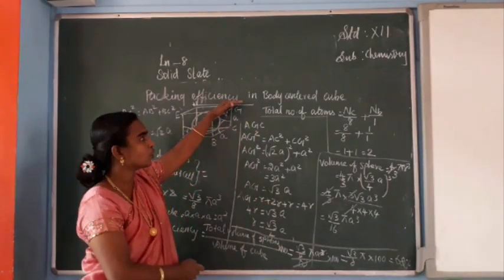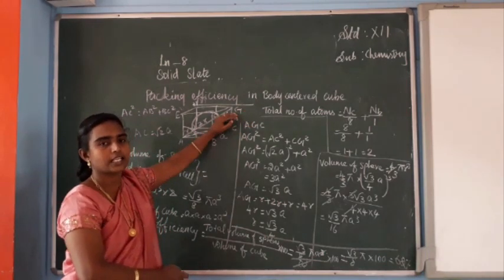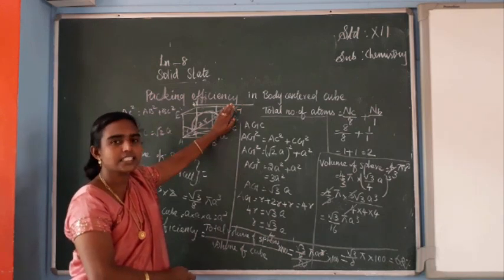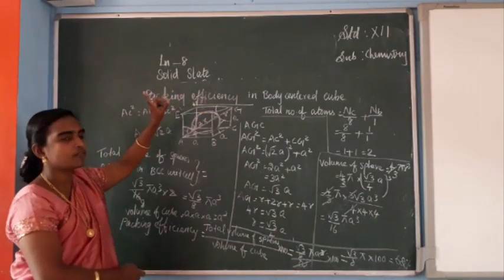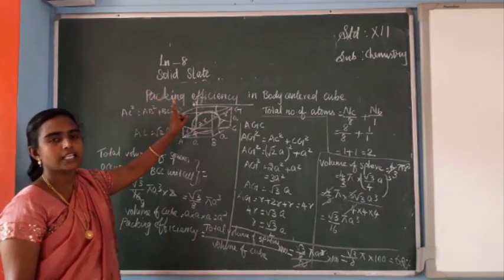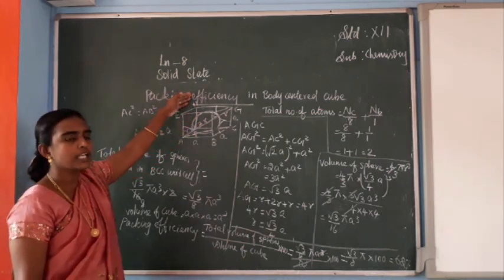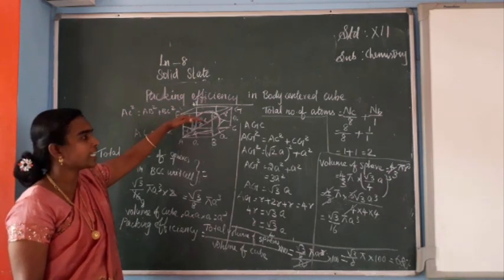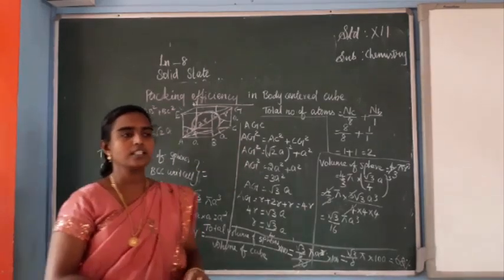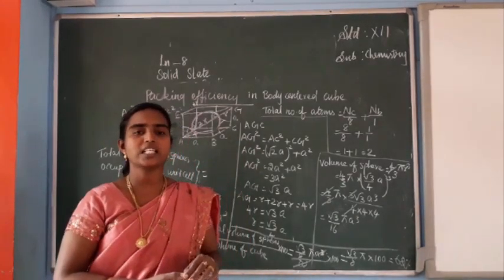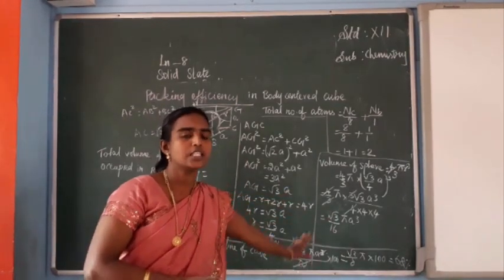So these two, simple cubic and body-centered cubic. In the next class we can see the face-centered cubic arrangement. So in today's class I have discussed linear arranged packing and crystals, isn't it? We have seen one-dimensional arrangement, two-dimensional arrangement, three-dimensional arrangement. In three-dimensional arrangement we have seen simple cubic and body-centered cubic. So how we can calculate their packing efficiency, the calculation also we have seen. So we can see the next one in the next class, that is face-centered cubic arrangement. So write down this derivation and study, then it will be useful for you.